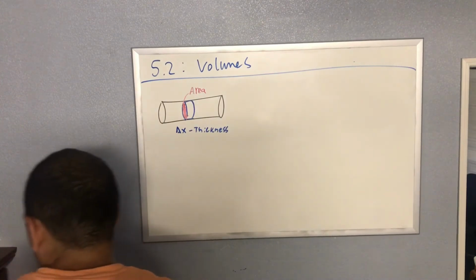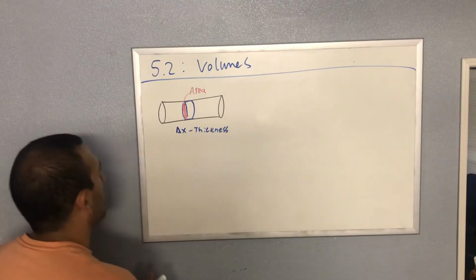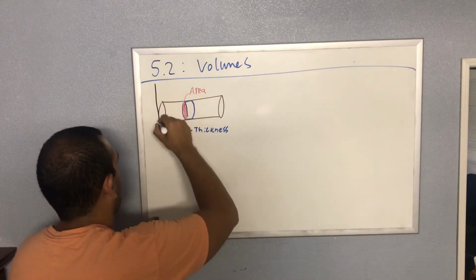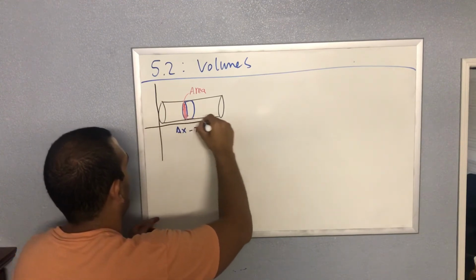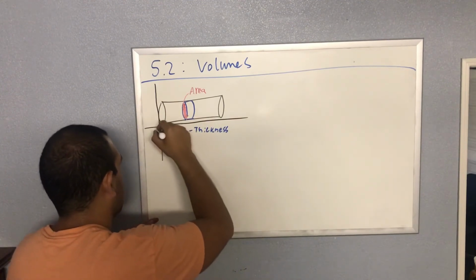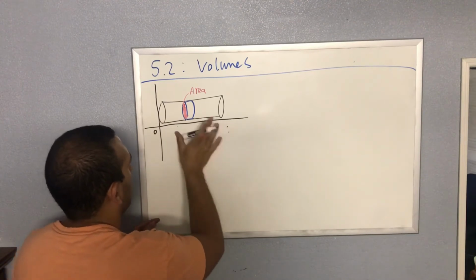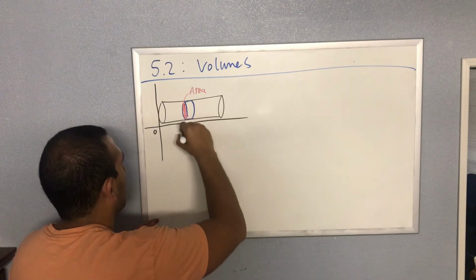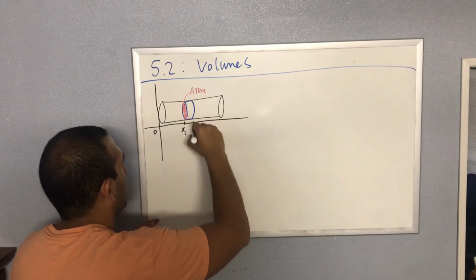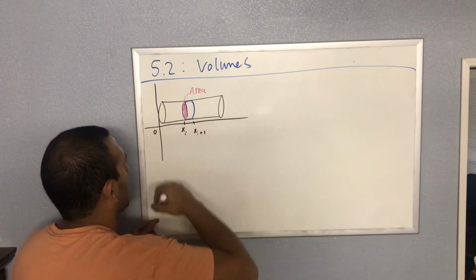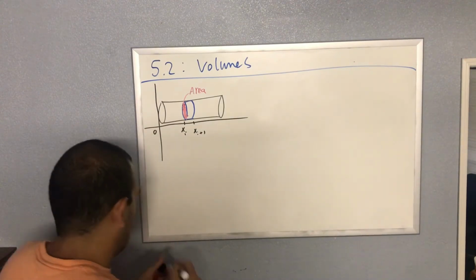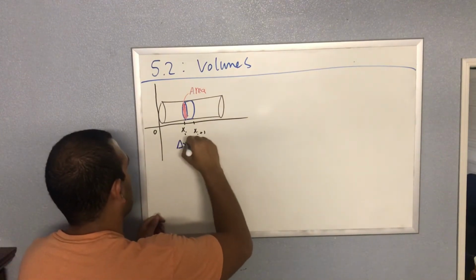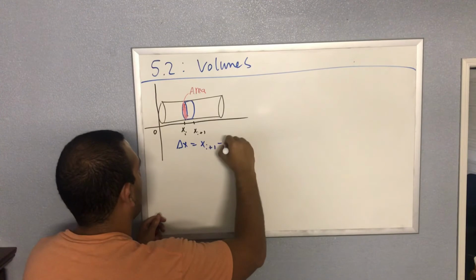And we could think of putting this thing on a coordinate system so that this is 0, and we keep numbering things, and this is some point x sub i, this is some point x sub i plus 1, and so the thickness delta x is x sub i plus 1 minus x sub i,